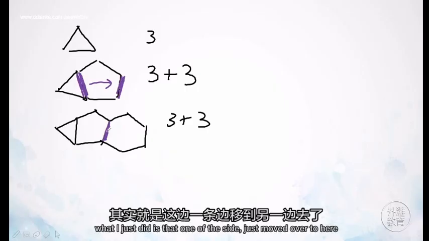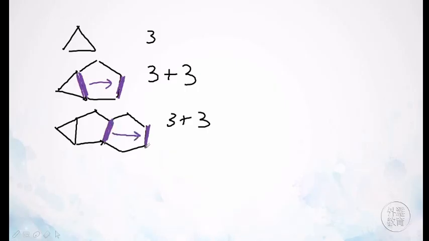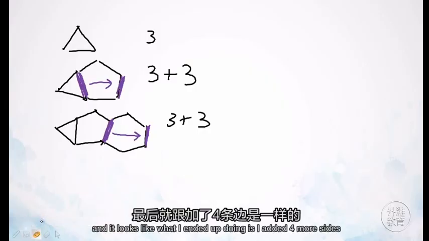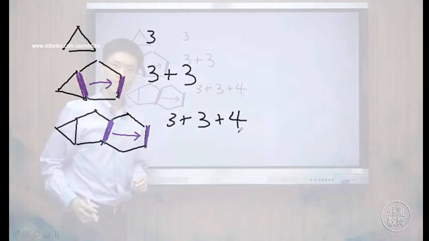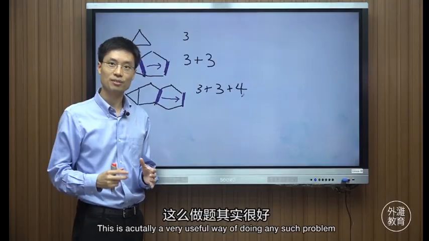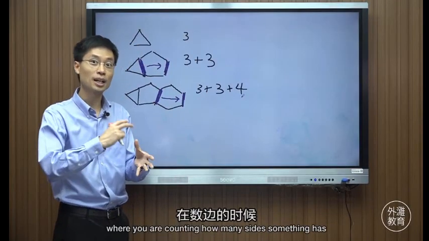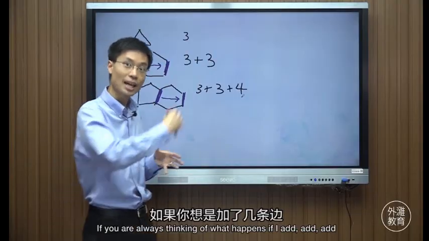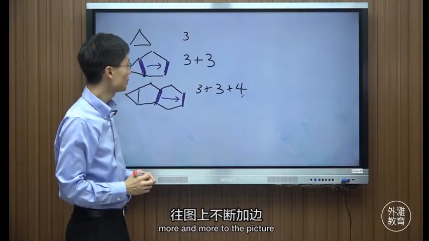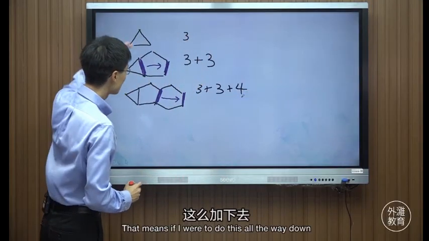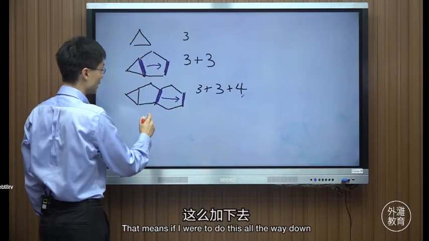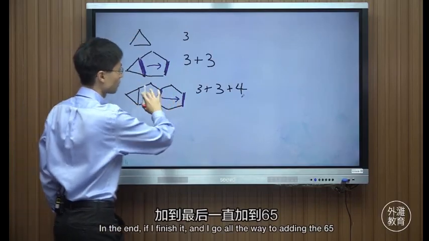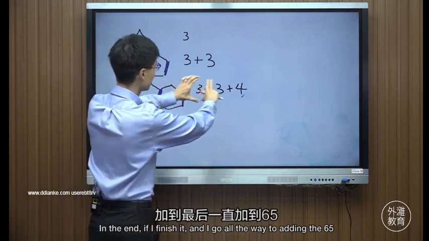one of the sides just moved over to here, and it looks like what I ended up doing is I added 4 more sides. This is actually a very useful way of doing any such problem when you're counting how many sides something has, if you're always thinking of what happens as I add more and more to the picture. That means if I were to do this all the way down, in the end, if I finish it and I go all the way to adding the 65-gon,